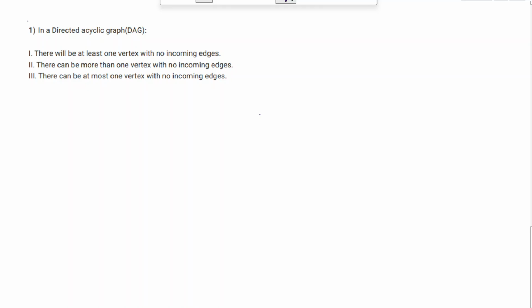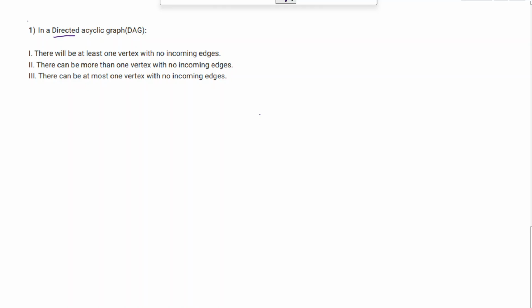Cool. So okay, what does this say? This says in a directed acyclic graph there will be at least one vertex with no incoming edges. There can be more than one vertex with no incoming edges. There can be at most one vertex with no incoming edges, right? So in a directed acyclic graph,